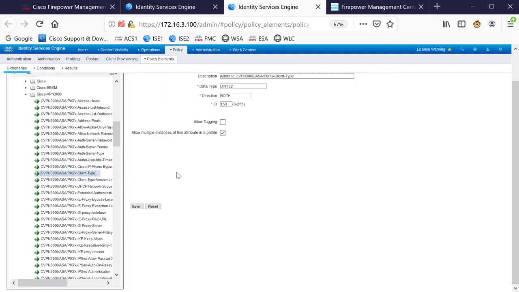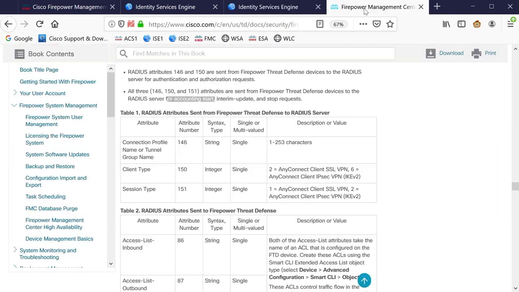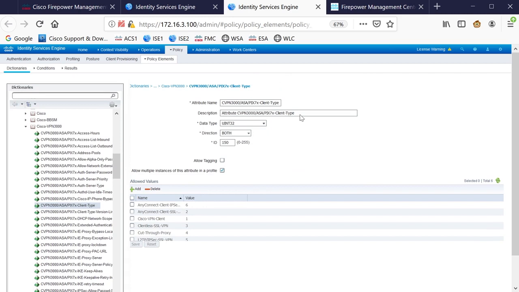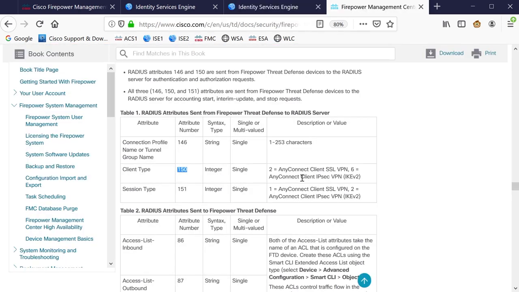Let's take a look at it. We should expect to see the attribute number 150, and it's over here. So that would be an attribute you would use in the authorization role. It also shows us the possible values for this attribute, like for IPsec VPN. So this is going to be IPv2. We're looking for value 6, and this should match what they tell us here, and it does. Versus number 2 is for